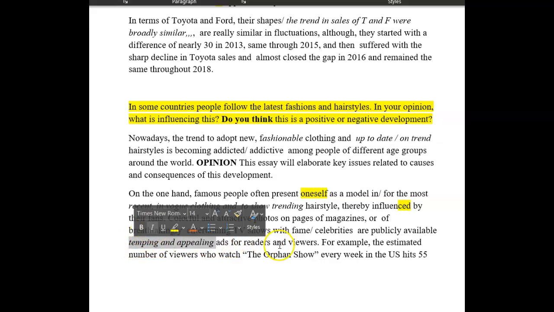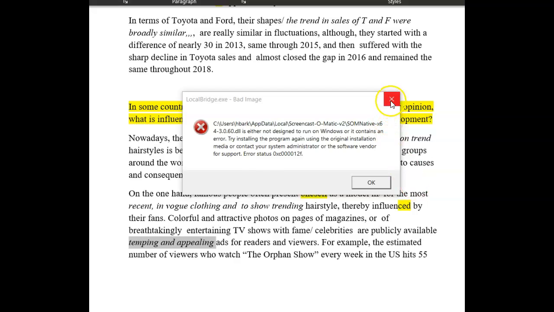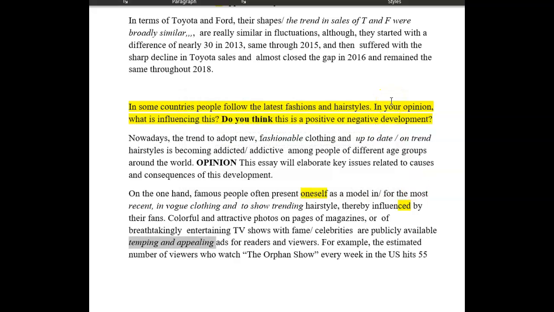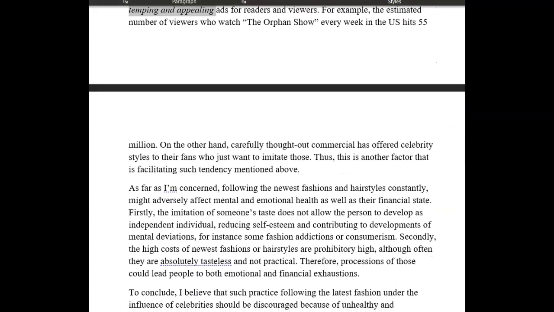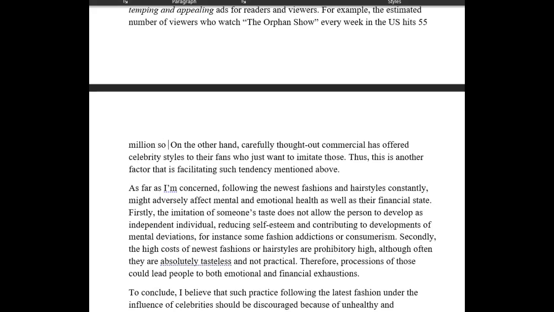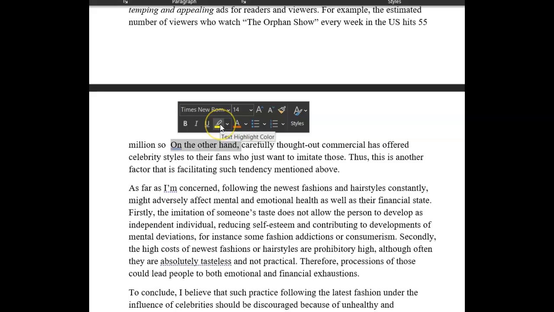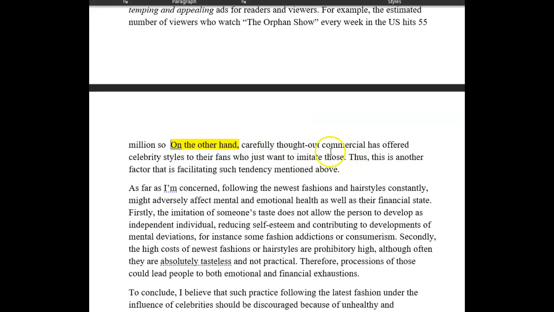Good. For example, the estimated number of viewers who watch the Oprah Show every week in the US hits 55 million. So, I don't know why that's there. So, carefully thought out commercial. So, a carefully thought out commercial